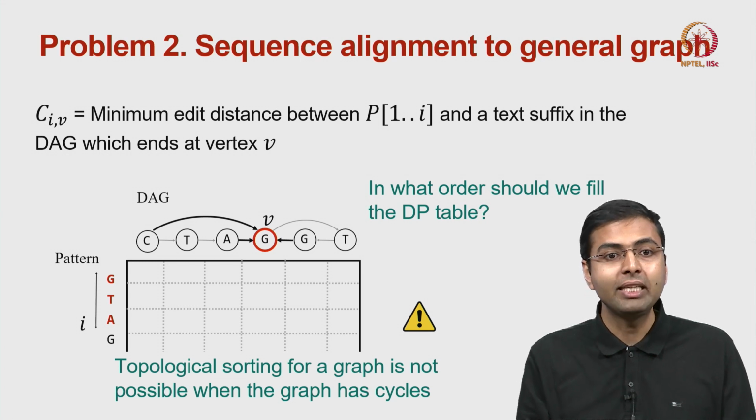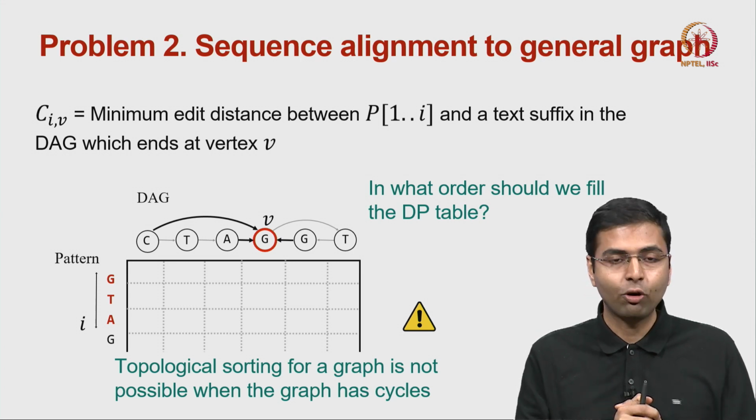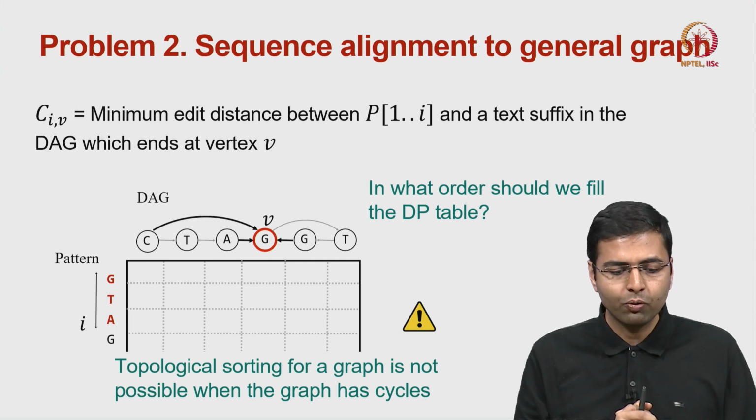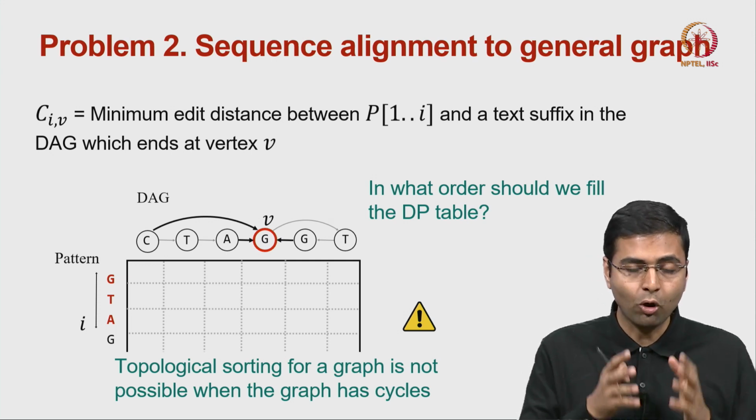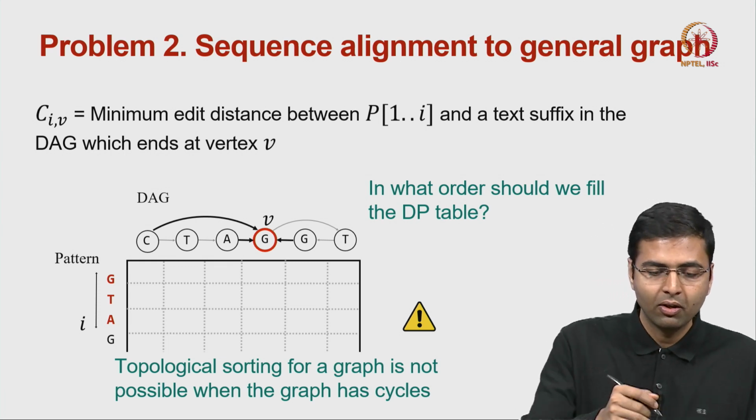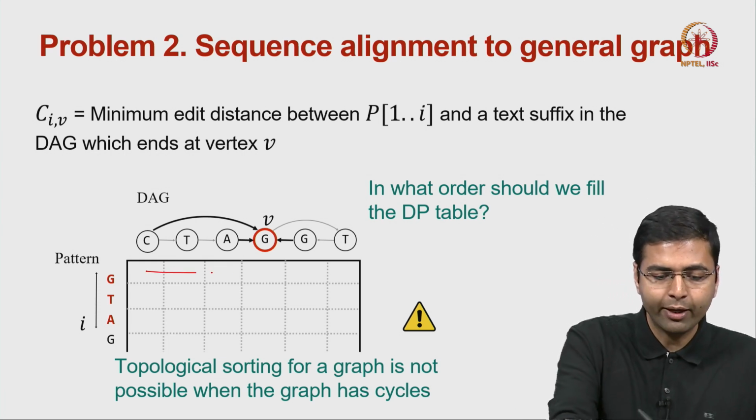So, this is easy to see why topological sorting does not exist for cyclic graphs. Now, without the topological sorting, how do we solve this recursion? Because if we solve this row by row,